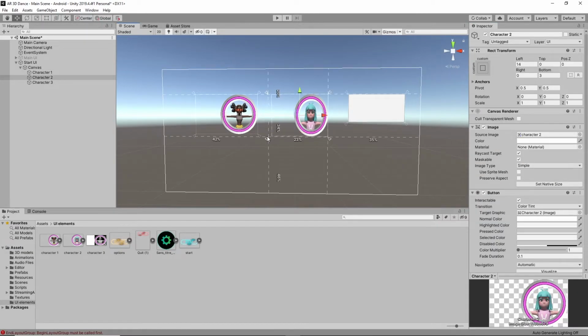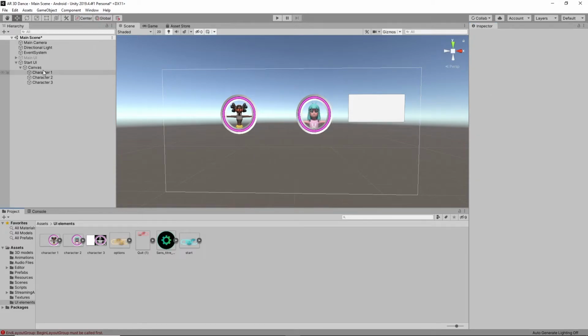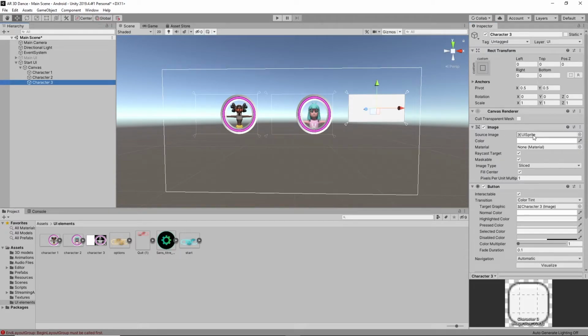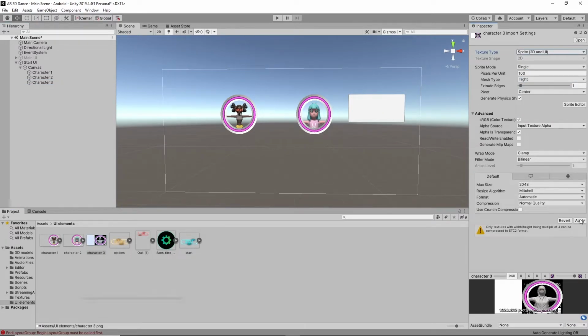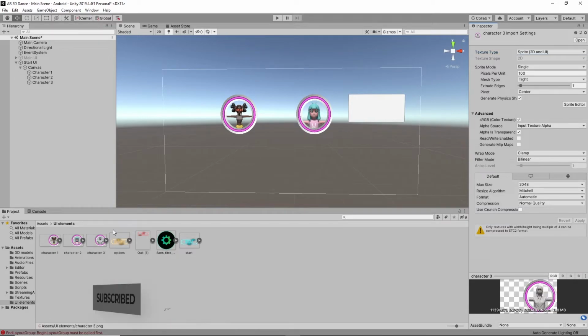We have to adjust. Yeah, this was good now. And for character 3 button, first convert it into sprite 2D and UI and click on apply. It was converted.